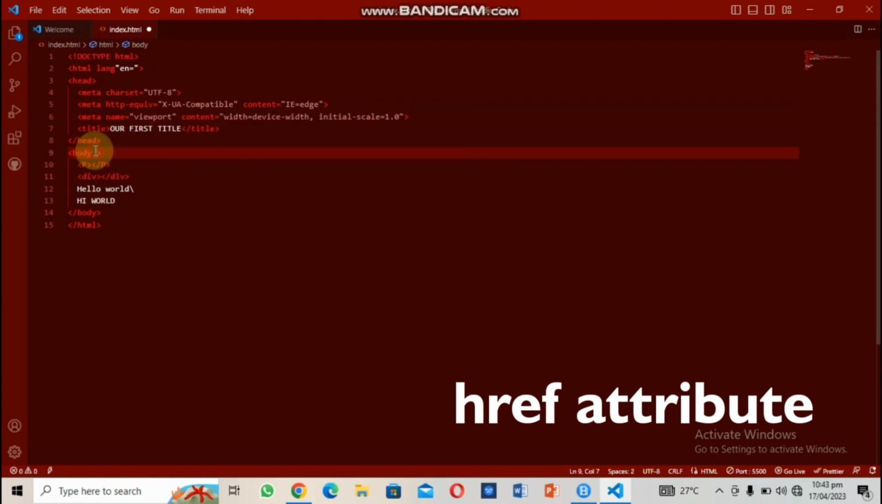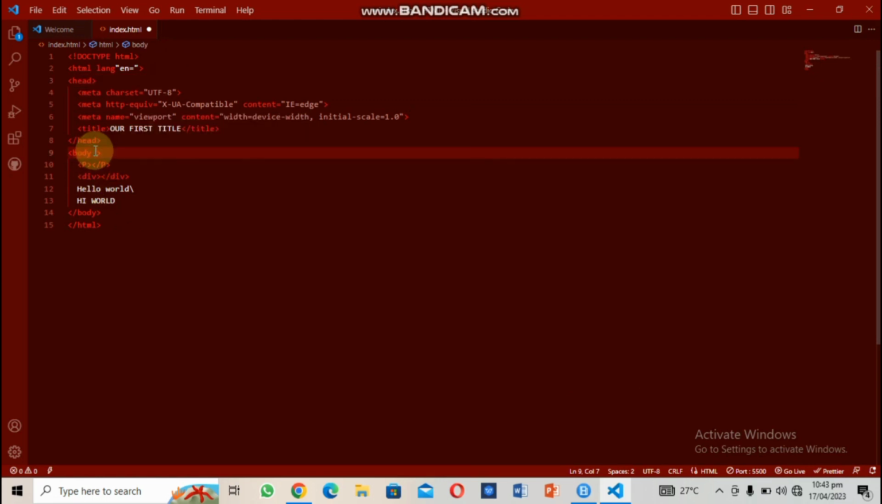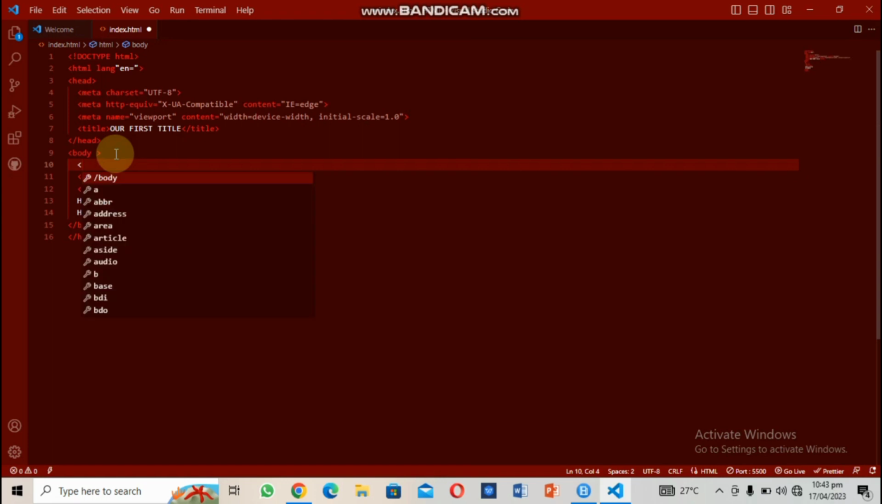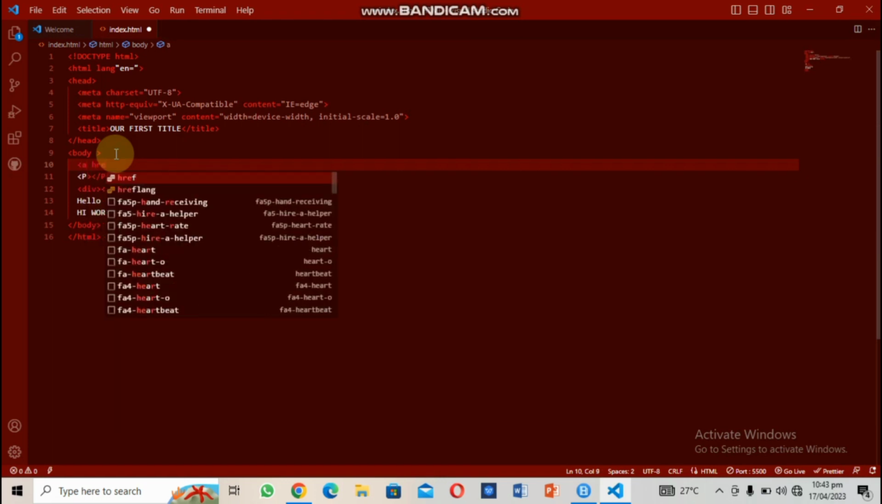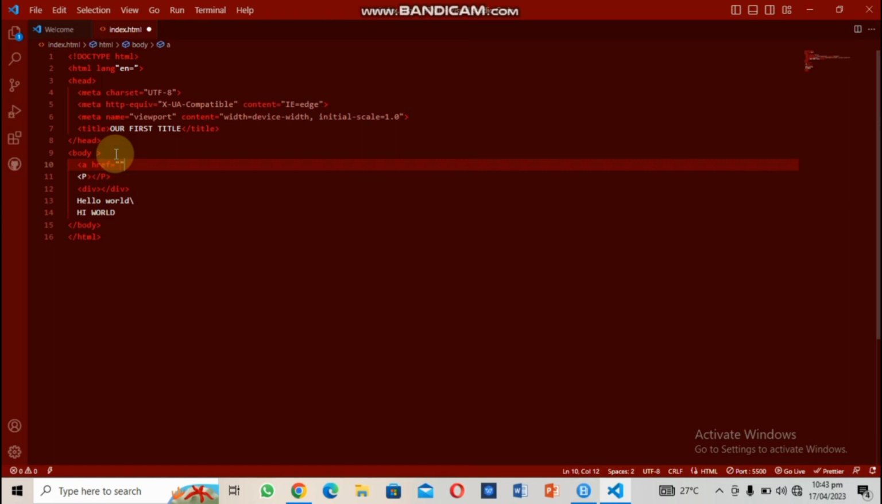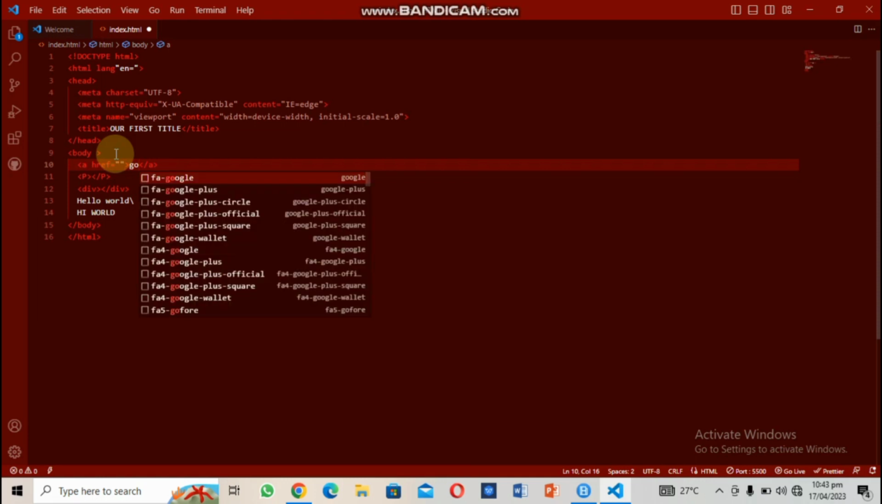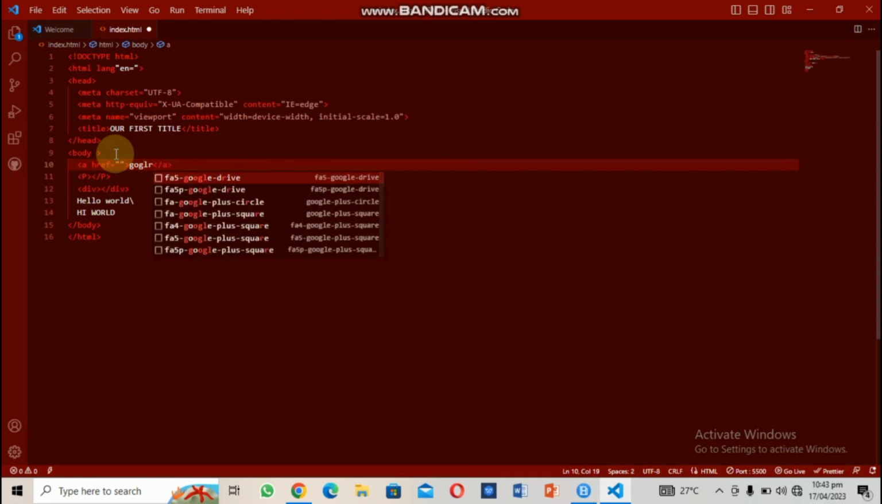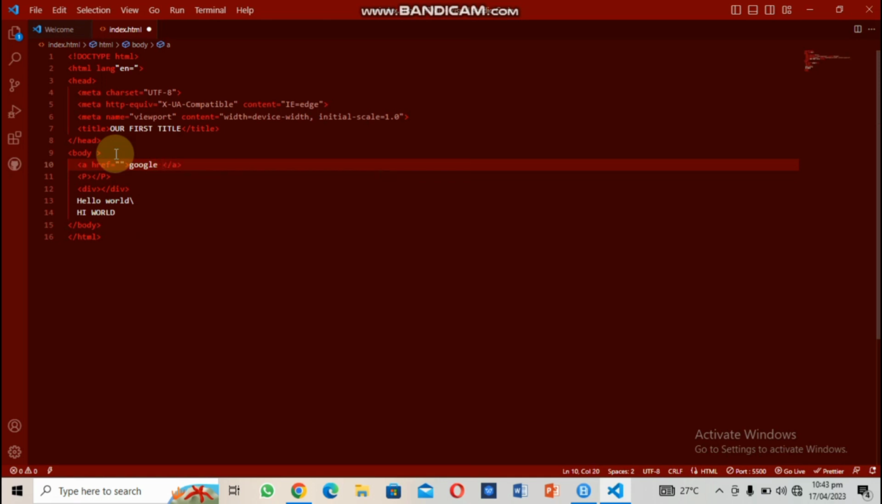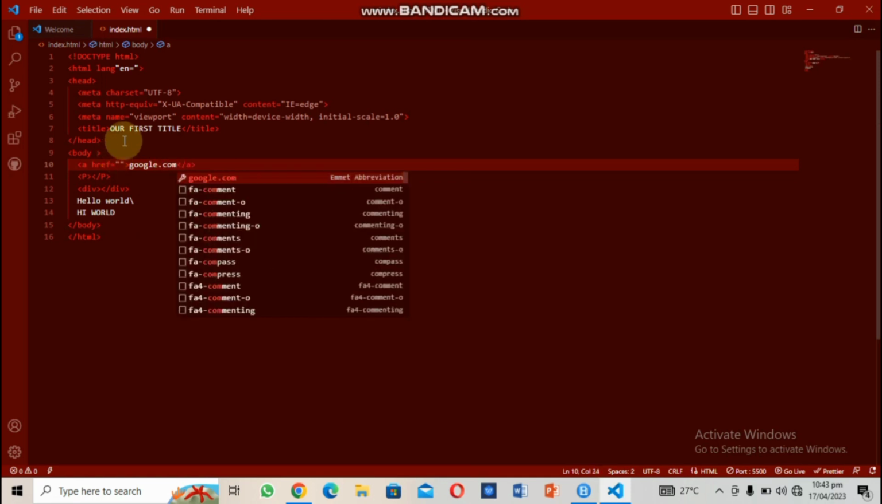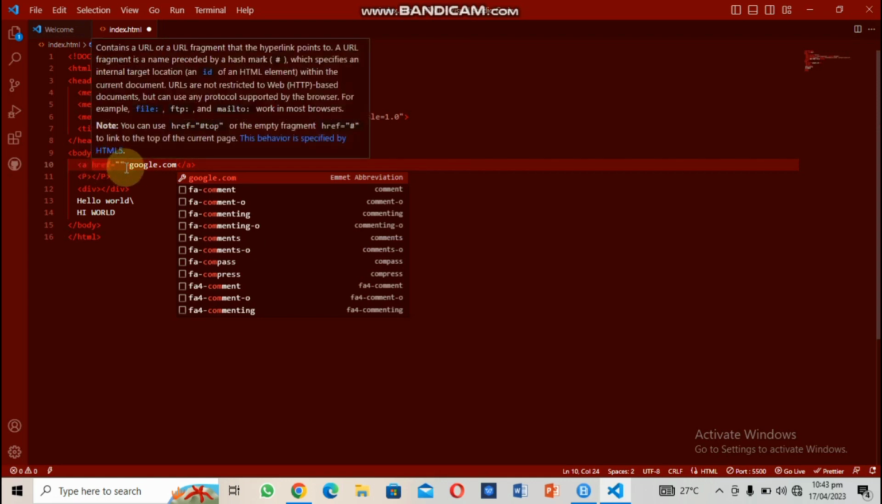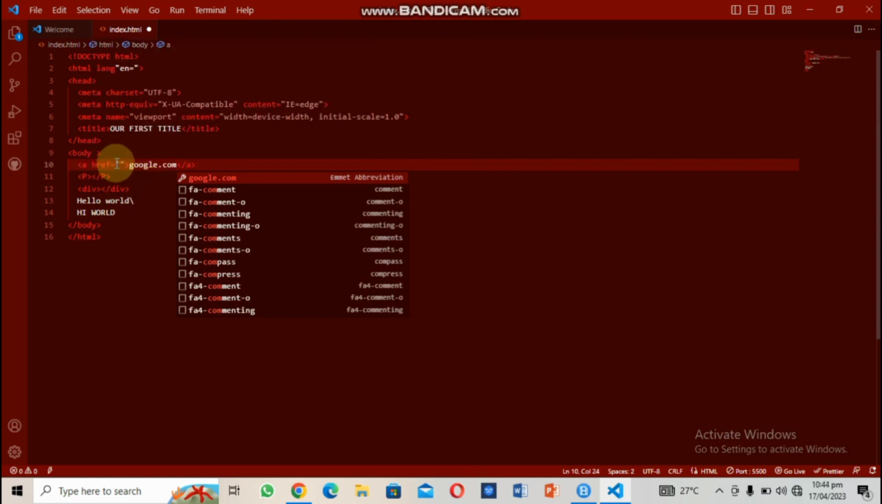Now, when we come here, we can have an attribute called href, and they are always present in anchor tags. So I can say href, and then let me close it before. Good. So let me say google.com. Okay, so the href is an attribute that specifies a path to another website or another web page, or a file inside